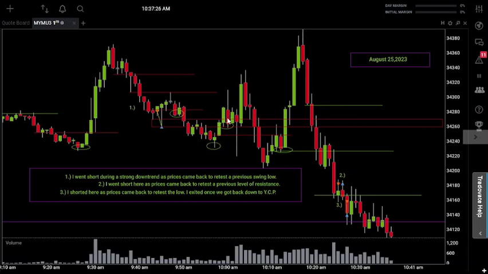I saw the higher low setup right here, where once you get this higher low, you can go long right here. Now, if I would have taken this long trade, I would have got stopped out. But as soon as prices spike back to your entry price, you take that trade again. So I would have been able to be net profitable within this entire junction if I would have traded.